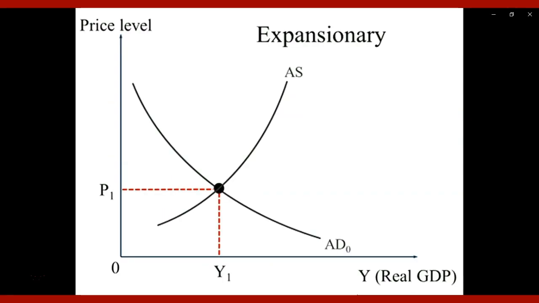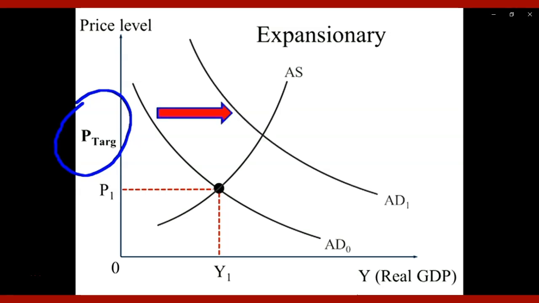Graphically, what's going to happen? The actual price level is lower than the target. The Reserve Bank realises it. They think we've got to inflate prices. We can inflate prices by decreasing the cash rate. Decreasing the cash rate means businesses will be charged lower interest rates by the banks, and households will be charged lower interest rates by the banks. They will expand their demand for goods and services. Aggregate demand shifts right. The economy is now in disequilibrium. It's got to move to its new equilibrium point.